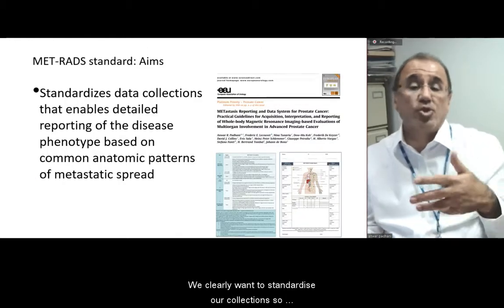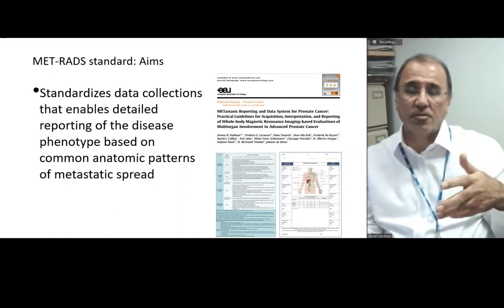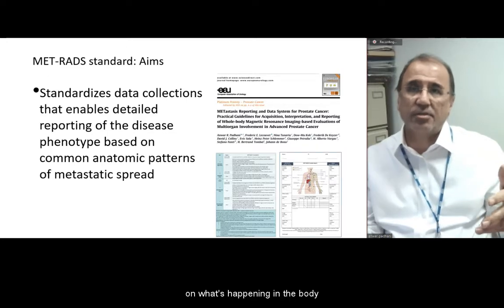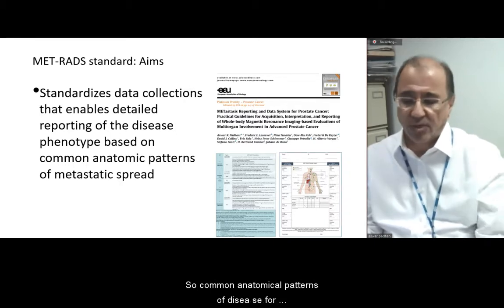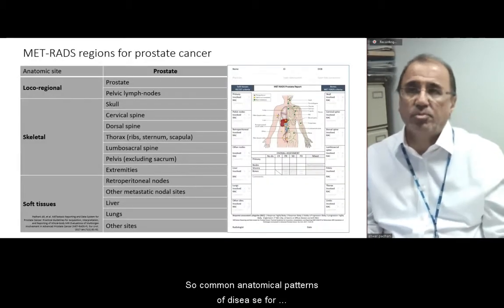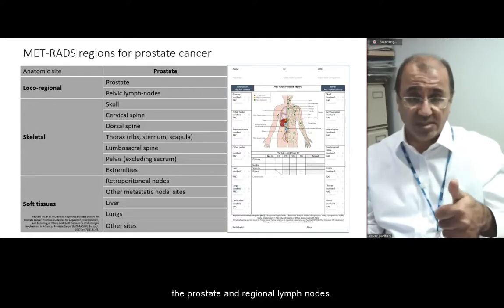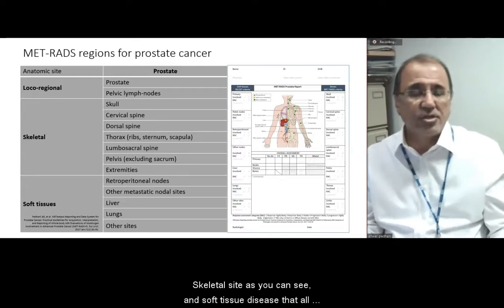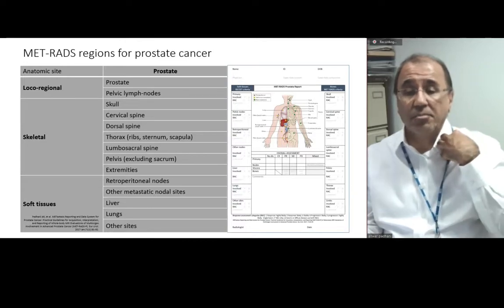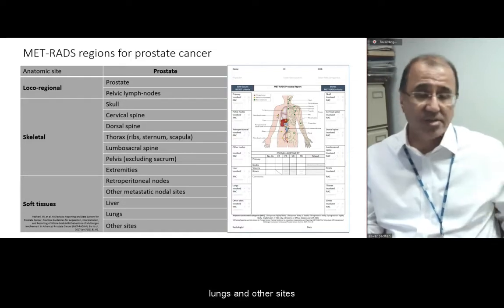Now, we clearly want to standardize our collections so that we can report on what's happening in the body based on common anatomical patterns of disease. Okay, so common anatomical patterns of disease for prostate cancer will be local regional lymph disease, which is prostate and pelvic lymph nodes, skeletal sites, as you can see, and soft tissue disease that all of us know. So, for example,